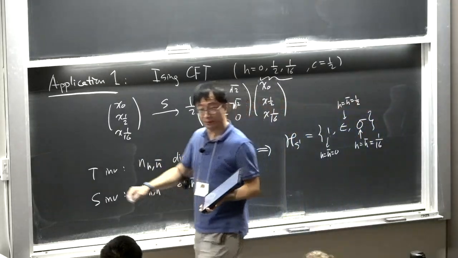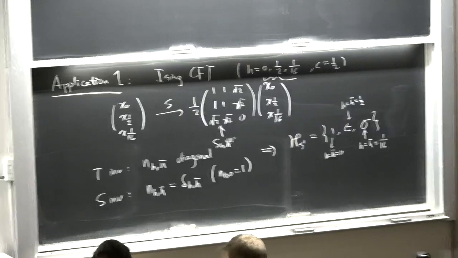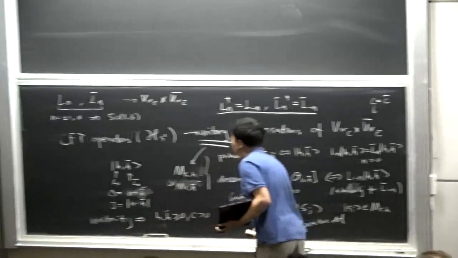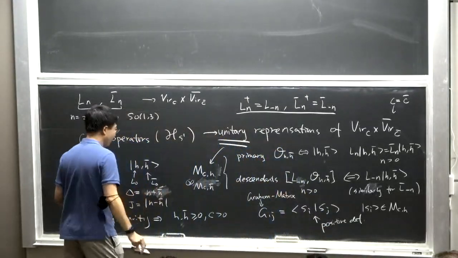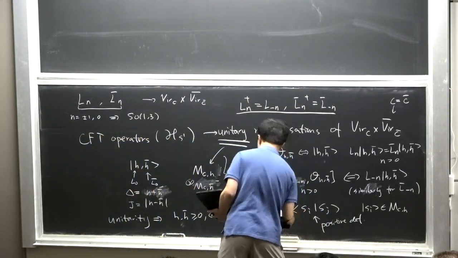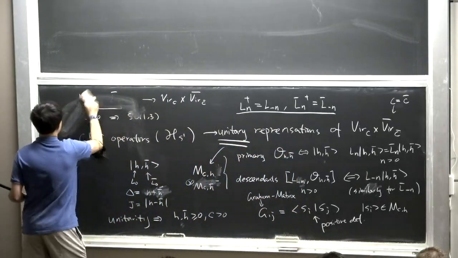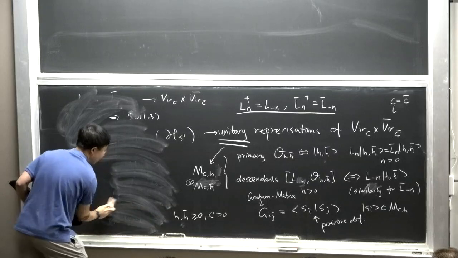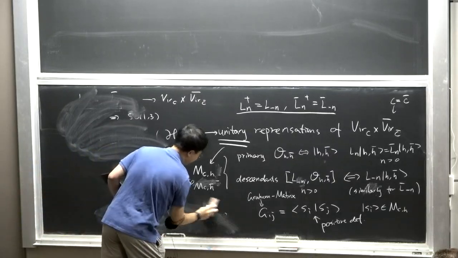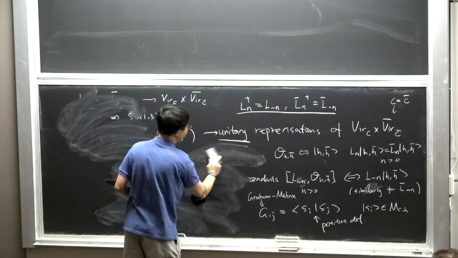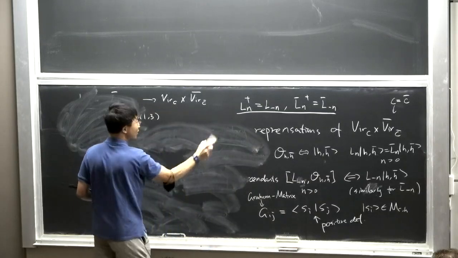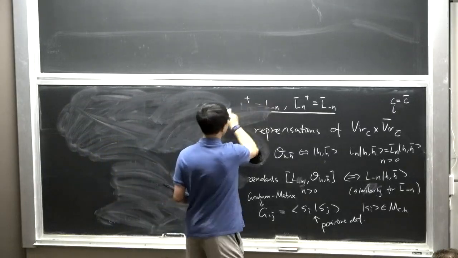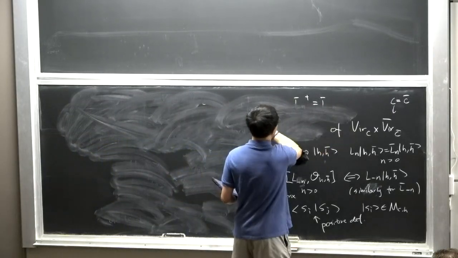All right. The next example will connect to what Nati has talked about in the previous lectures. That is the c=1 CFT. It's a borderline between the minimal models, which are rational CFTs in particular. They have a finite number of conformal multiplets, just like the Ising model, and they're completely solved. c=1 is a borderline in the sense that, as I mentioned,